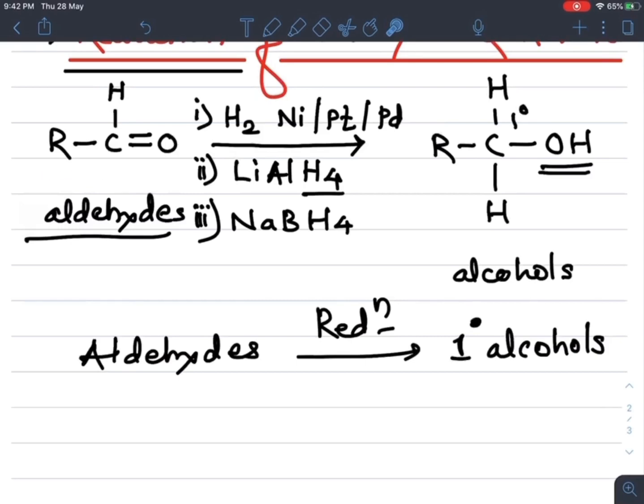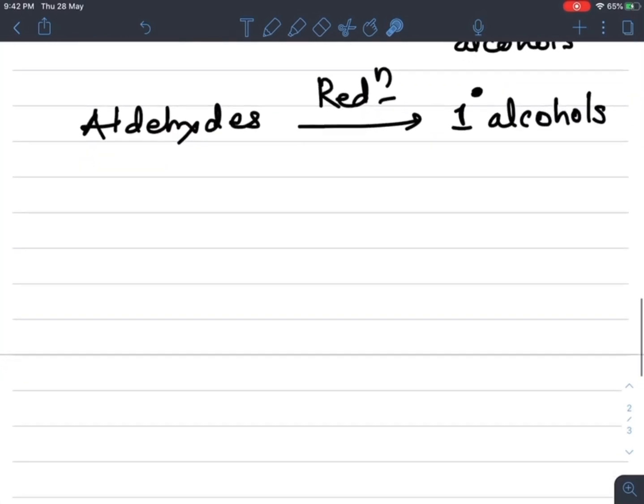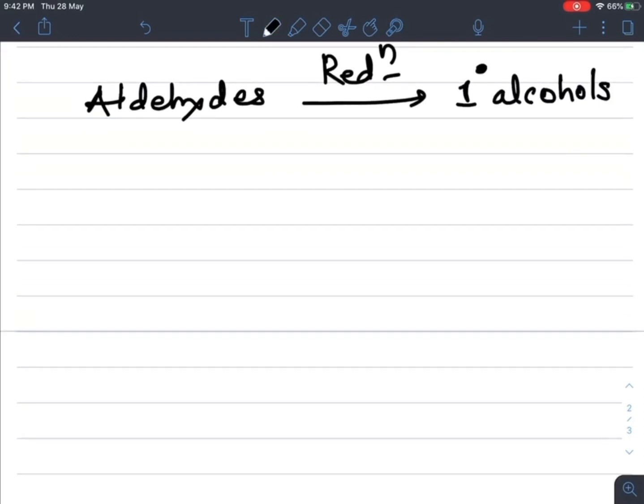Let's see the first example of aldehyde. If we take formaldehyde, what is the formula of formaldehyde? You studied it in the chapter on basic principles and techniques in organic chemistry in 11th standard. What is the formula of formaldehyde? The first member of aldehyde, formaldehyde, its formula is HCHO. CHO is its functional group, and the H, that is hydrogen, is attached to the functional group.